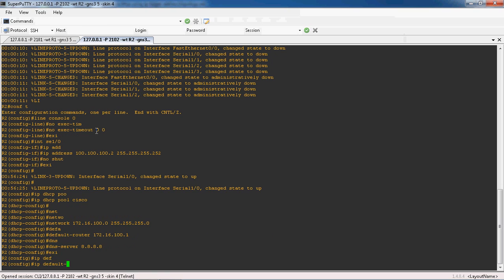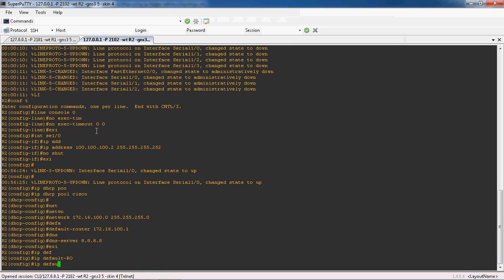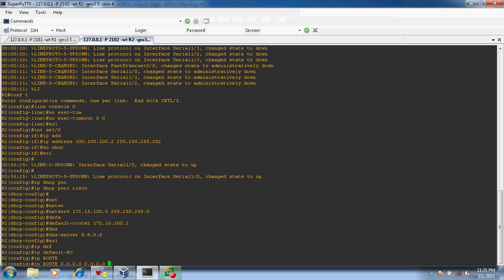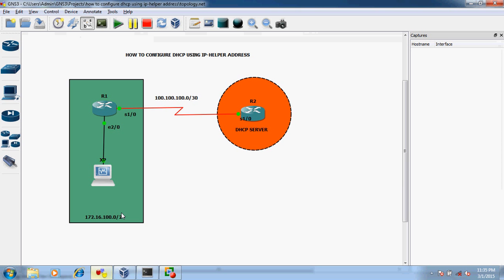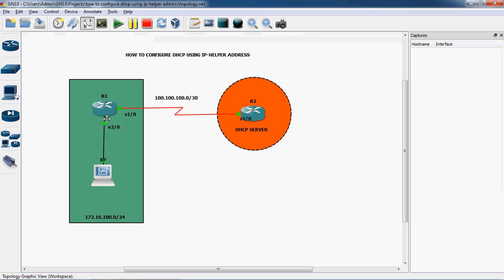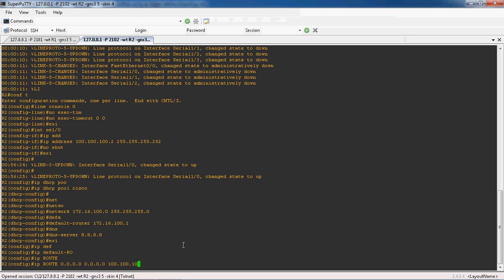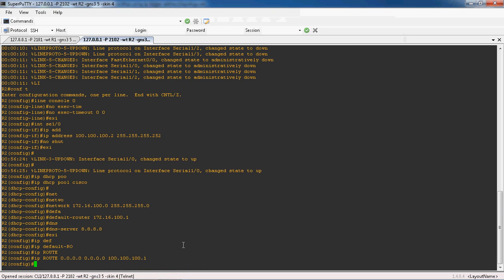So ip default-route. So ip route 0.0.0.0 0.0.0.0, so any network can be allowed to the DHCP server. So the next hop is 100.100.100.1, so through this port only all the networks can come to the DHCP server. So in this port we can assign the IP address as 100.100.100.1. So we have to give 100.100.100.1, enter. Okay,